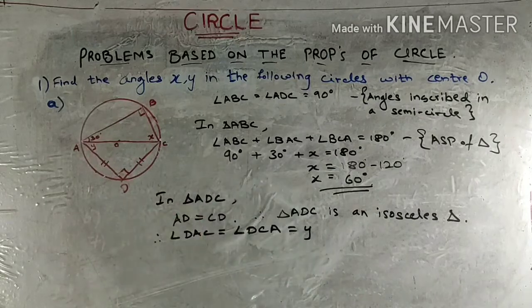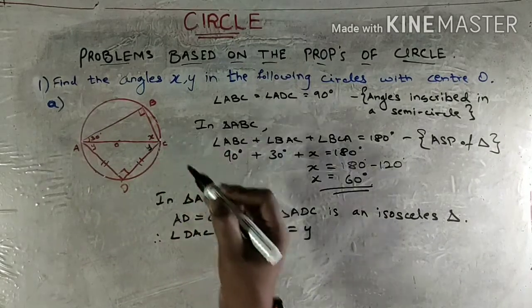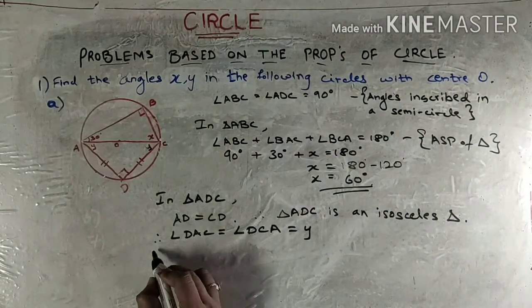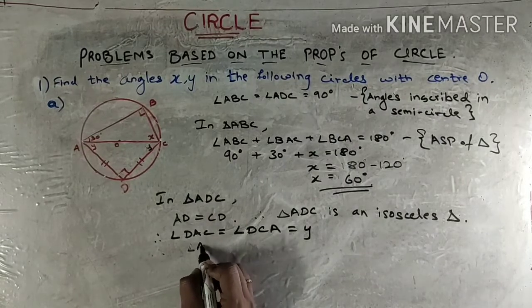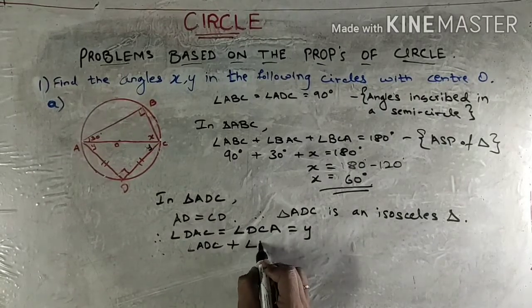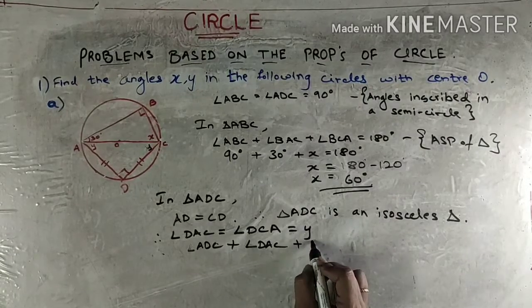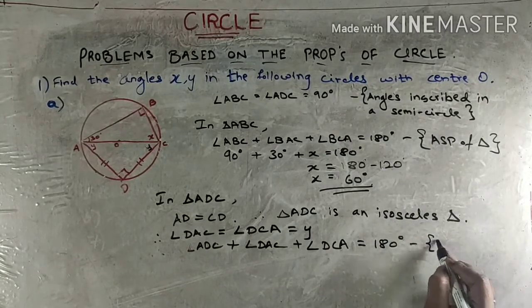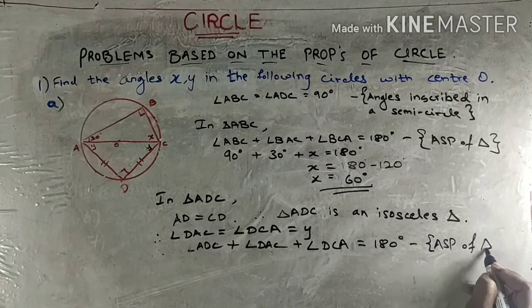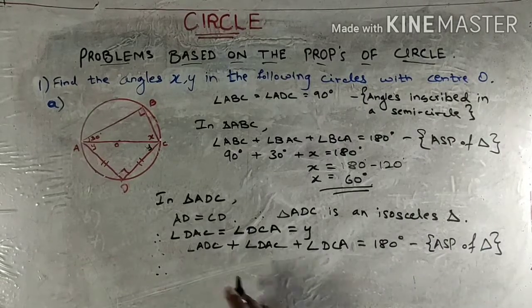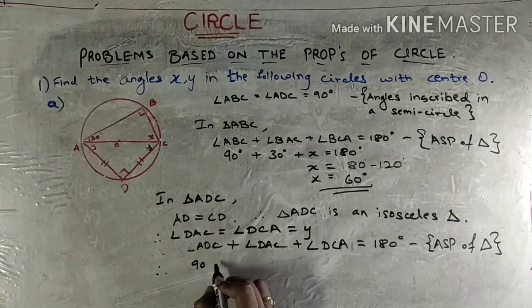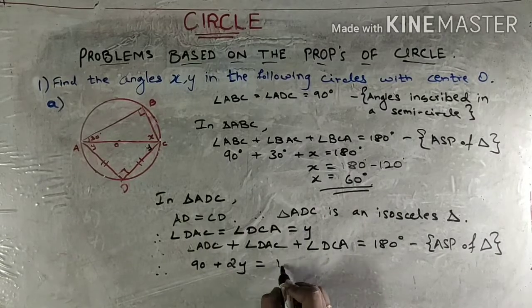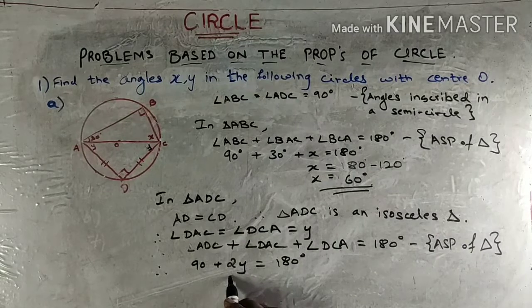Now in this triangle, let's try angle sum property, because this also we can write as Y. So we know this is 90 degrees from this property, and Y and Y. Therefore, angle ADC plus angle DAC plus angle DCA is equal to 180 degrees. Reason, you will write angle sum property of triangle. Therefore, what is ADC? ADC, we have 90 degrees plus Y and Y, they both are equal. So can I write 2Y? 180 degrees. Therefore, keeping 2Y over here,